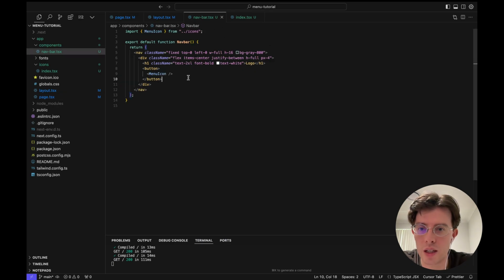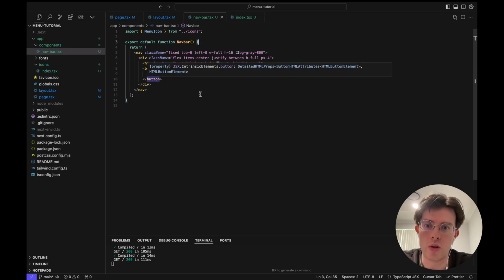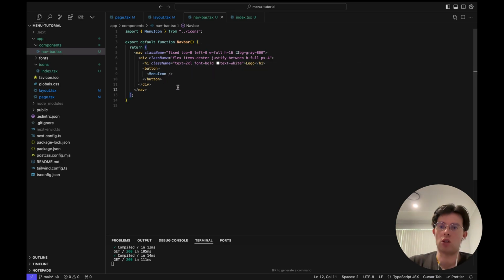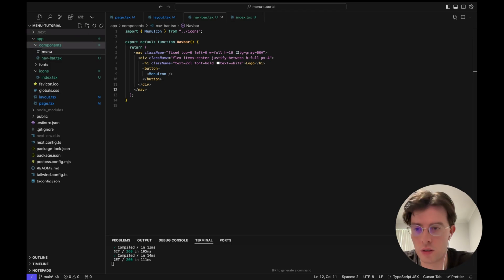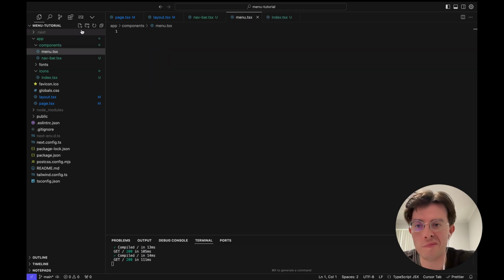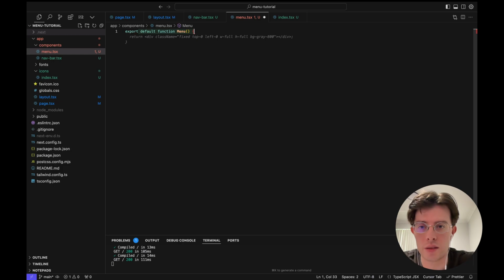So in the nav bar, it's already set it up as a button. So there'll be an on click, which will run something, which will open the menu. Okay, so we're going to need a new component called menu. Export default menu,